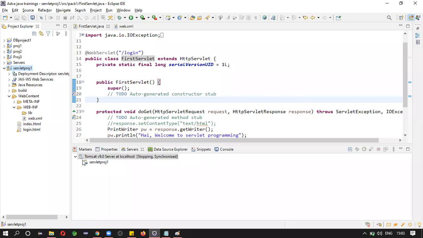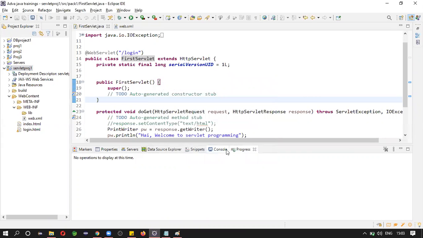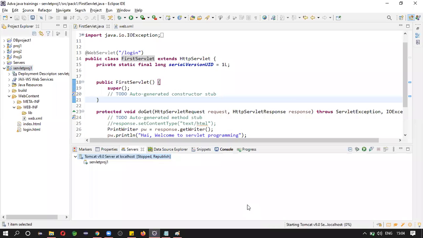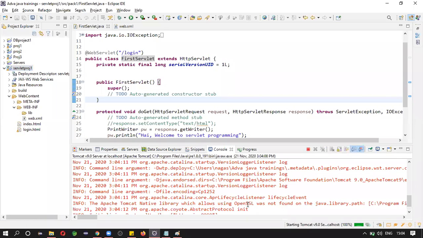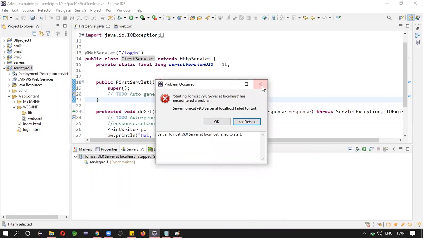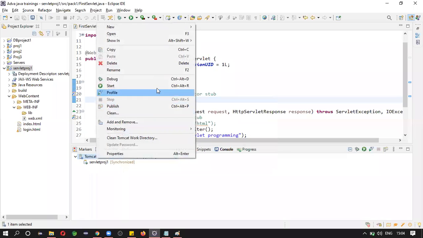See here. Fail. So let us remove this as of now.